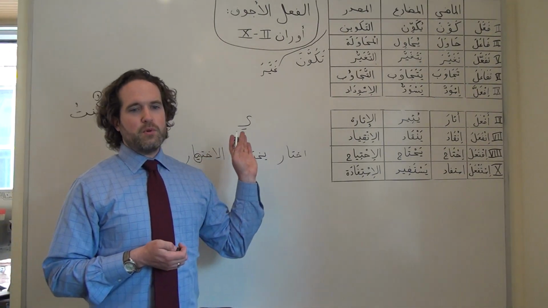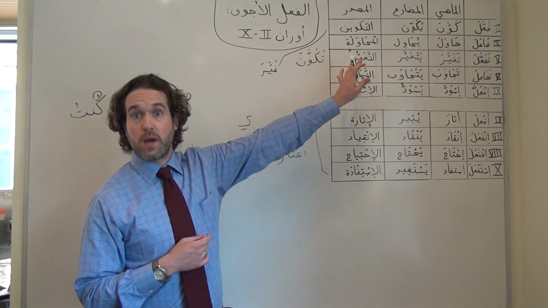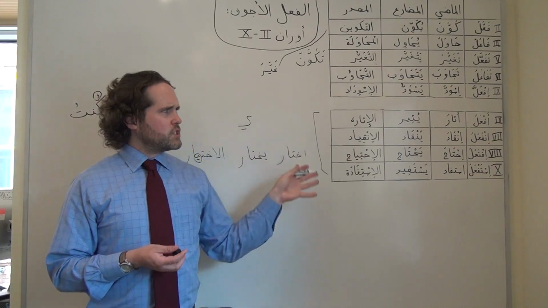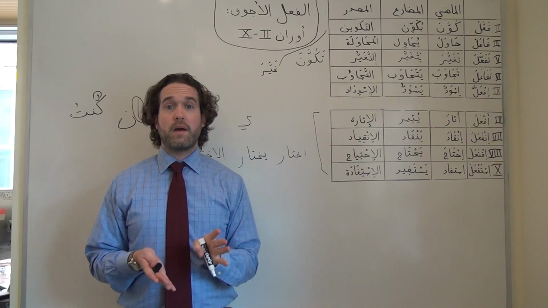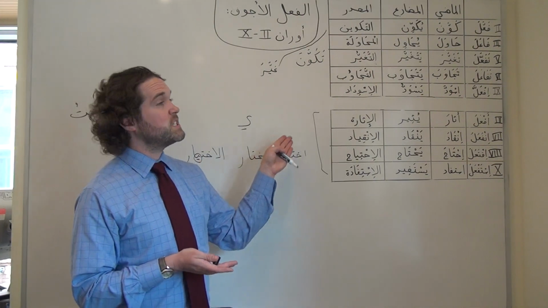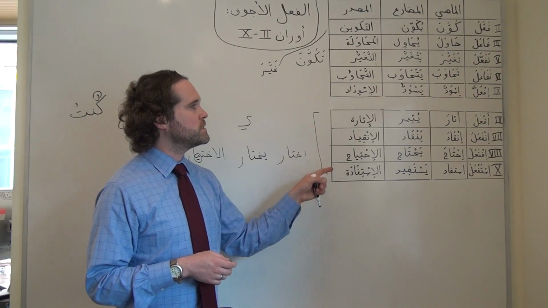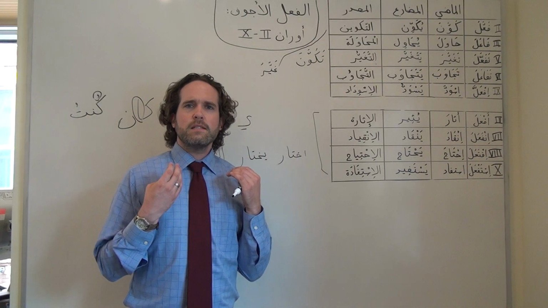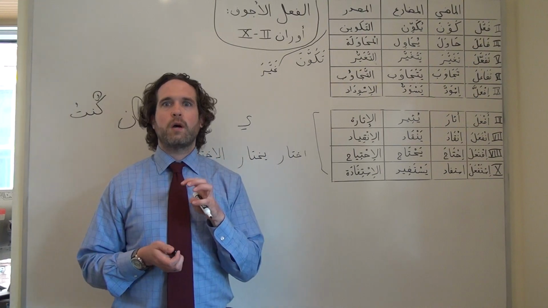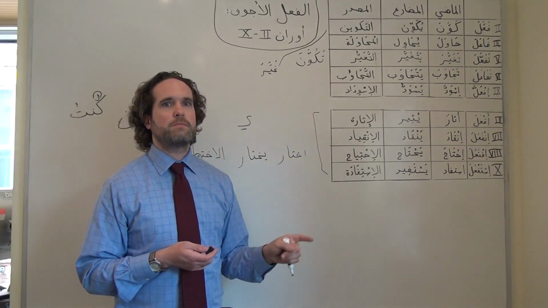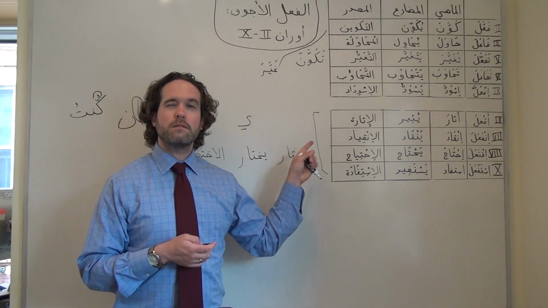Now, the more difficult way to internalize these differences, and really these are the only differences, these are pretty regular, the difficult way to do that would be to look at this chart and think, okay, I need to memorize all this in the abstract. A better way, in my opinion, would be to pick specific verbs, perhaps these, perhaps other verbs that you know that happen to be hollow verbs in each of these awzan, and make sure that you have already command of them, or if you spot one, if you're learning new vocabulary, for example, and you spot one that fits one of these patterns, then make that your template of these verbs, of these little differences.